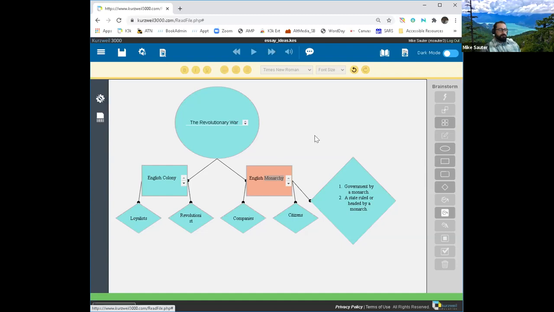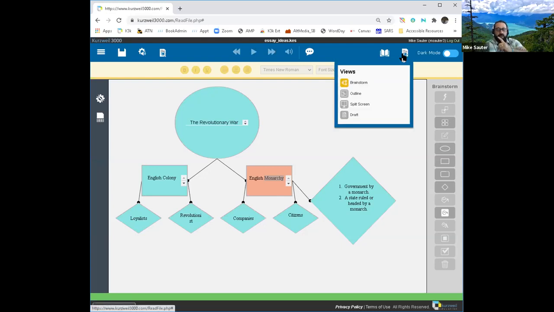Wonderful. Now, I want to show you something that is really, really fun. Now that we have our brainstorm filled in, up here on the top right, there's an icon that's labeled as views. And what this allows me to do is quickly change the view of my document. So if I select outline view, because brainstorm's already colored because that's what we are now, but if I select outline view,